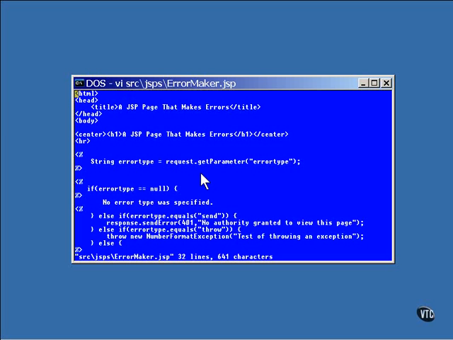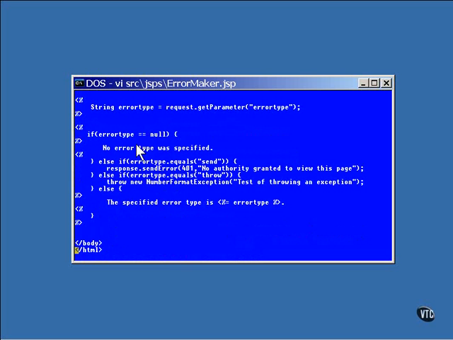Now, this method call, getParameter, returns the value of the named parameter. In this case, the parameter can either be send to indicate that a call should be made to send an error condition, or it can be throw to indicate that an exception will be thrown. If the parameter specifying the type of error was not included with the URL, then the string is null and